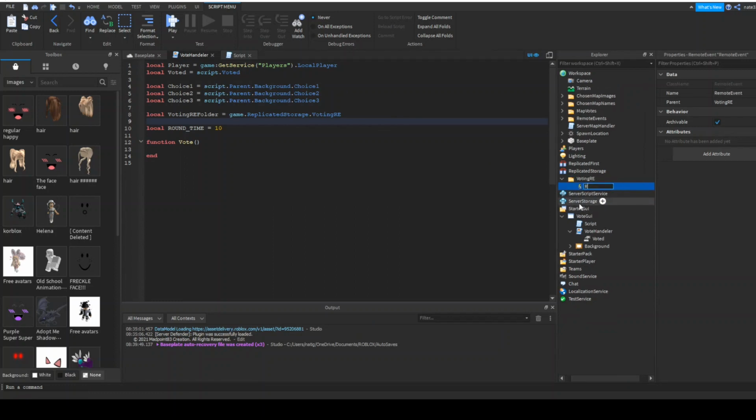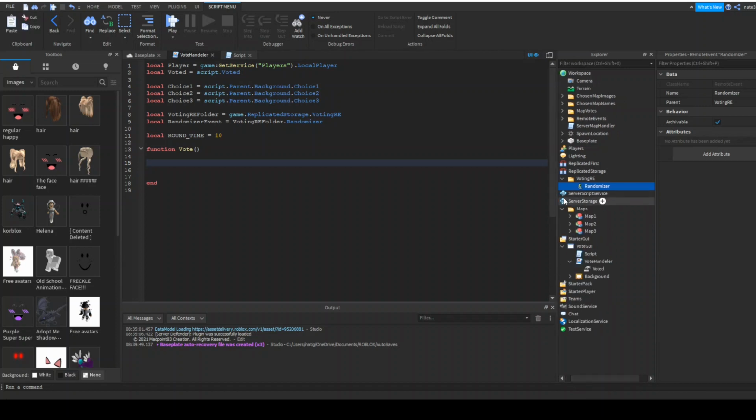I'll call it... So here basically I'm going to send an event and it will do a math.random for any of these maps in the server storage. I need to choose 3, but I can just return that. Okay, so ready, I'm going to do randomizer event